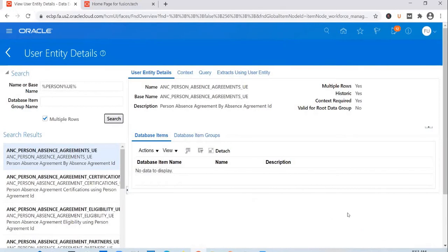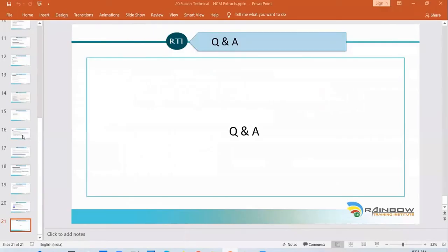If you by mistake add that attribute at the person level, the person user entity does not have per assignment marital status, which was the database item we were referring to in the fast formula. In such a case, you will get an error saying that it could not find the required context for the per assignment marital status. So just giving you an example where you might get that error, but I'm not very sure on this one. But let's check it out once.